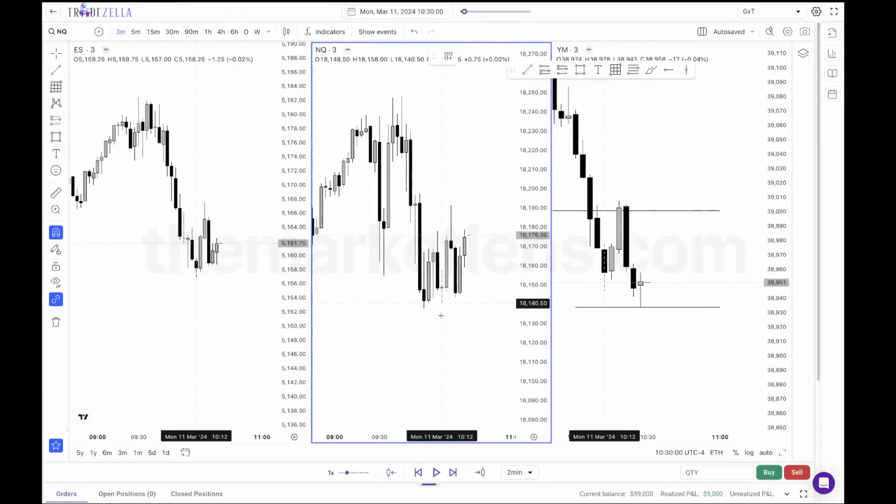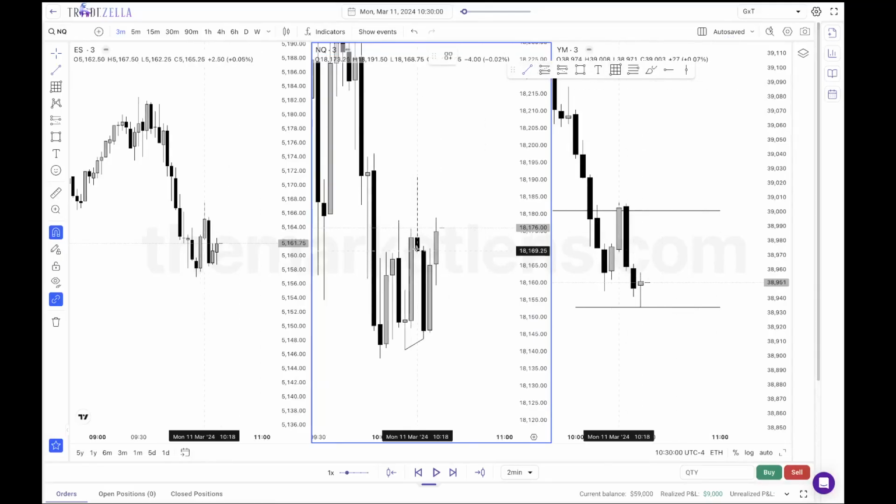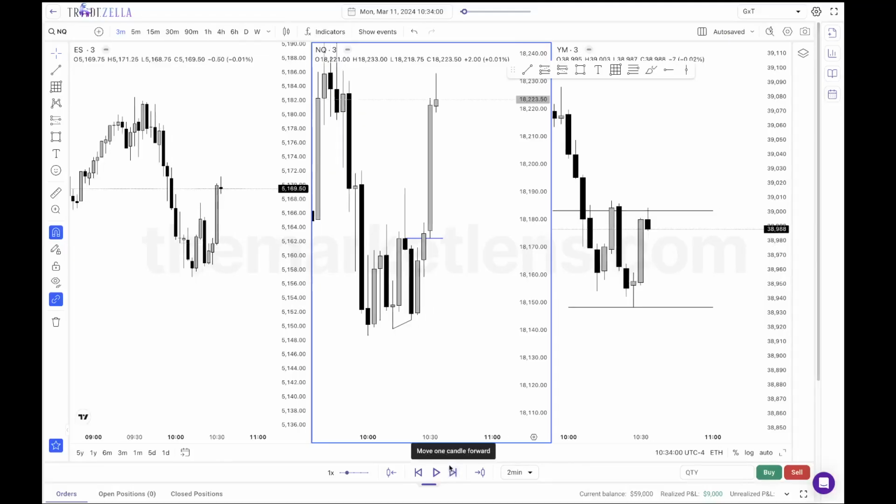I know we have an SMT here though, but I need to see like a propulsion block. All right, that's what we're gonna wait for essentially. But like this CSD here, this needs to be the low. If it's not the low, we're just gonna skip the day, guys. All right, bet. So it is going. This is good.